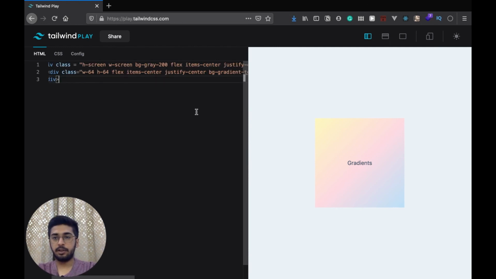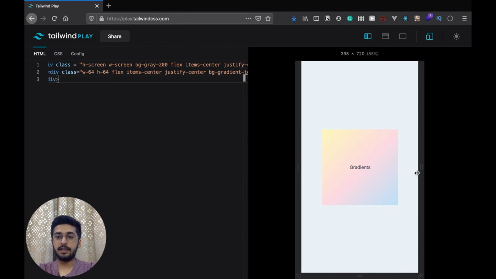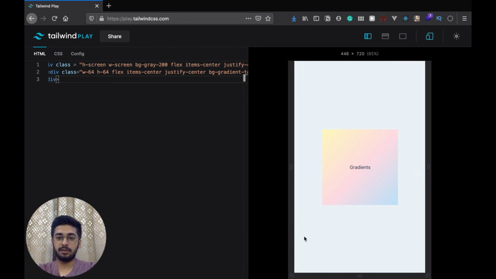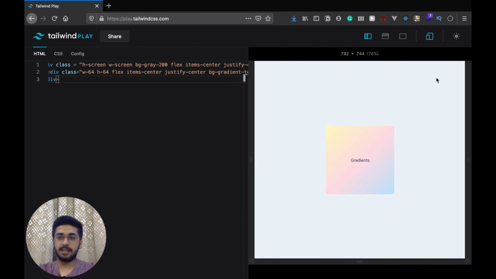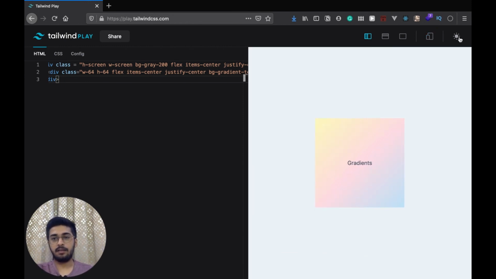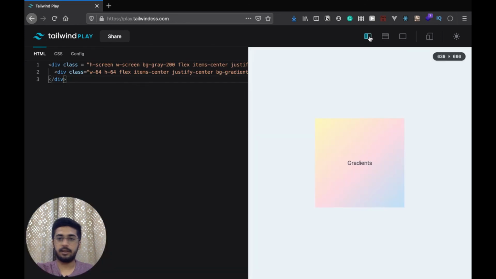And another feature that I wanted to show you guys is you can make this completely responsive. You can test out the responsiveness by clicking on this icon, and then you can play around with the size. And right now it's just a box, so you don't have much to do with responsiveness, but you realize, right, that this feature is really helpful in that sense when you're designing stuff, because these days your stuff has to be mobile responsive. There's no way around that. And it has got a decent light mode as well, and you can change the view as well to just output or stacked or side by side. The only thing that it's missing right now is emmet.